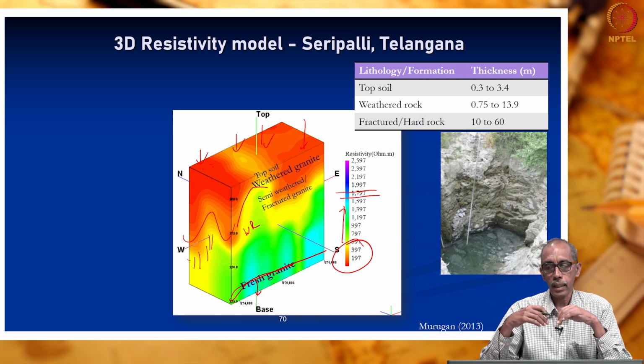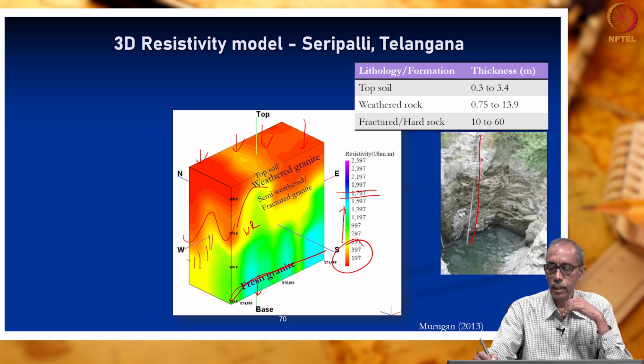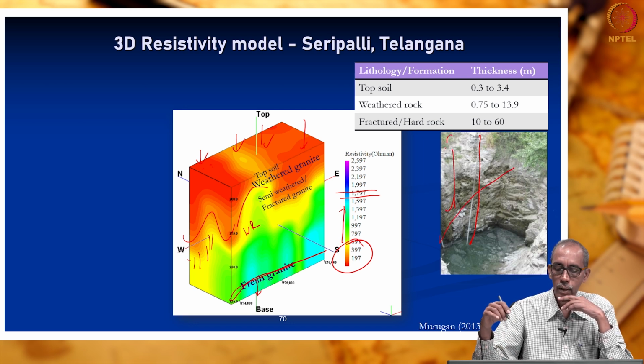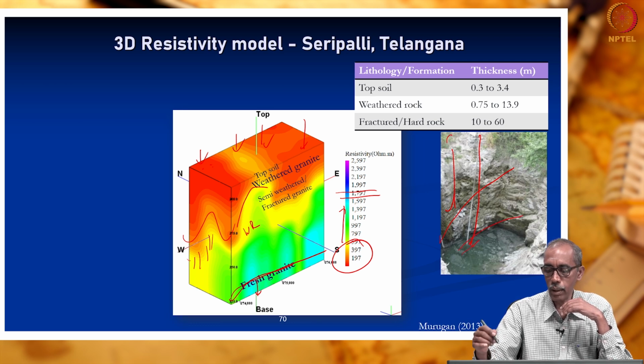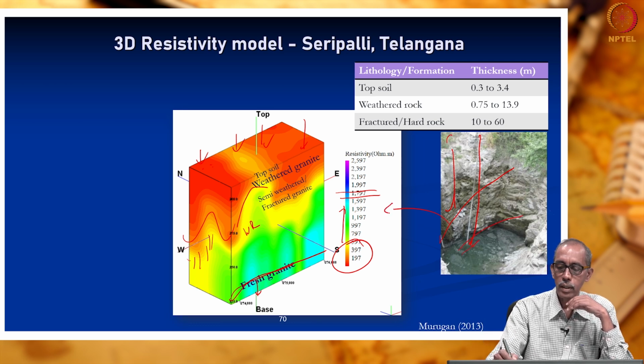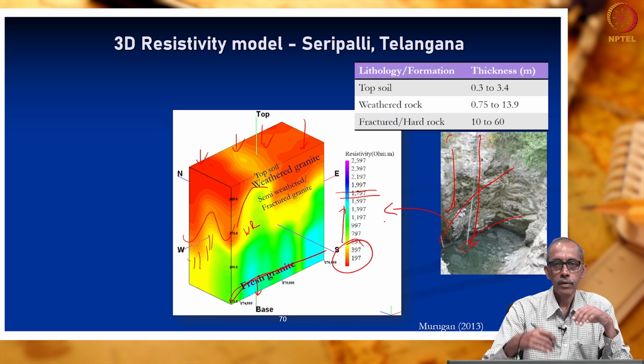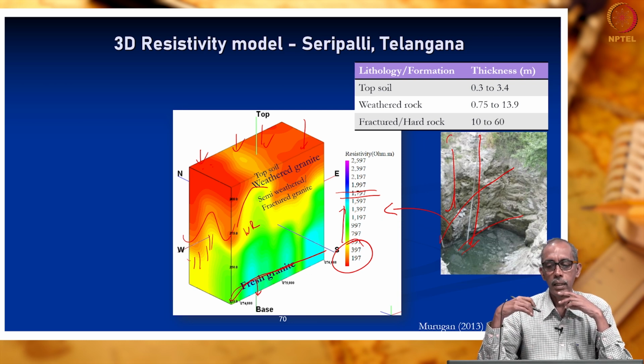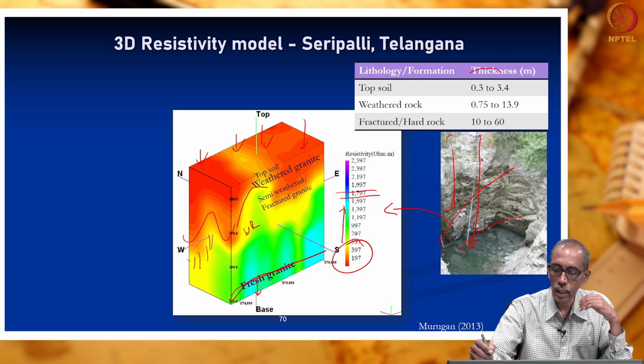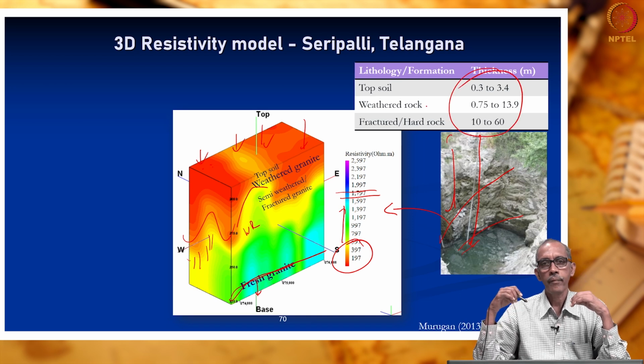When we do such an investigation, we also need to field verify whether our interpretation is reasonably correct. Then we measured the depth to the water table in an existing large diameter well. Here you can see the upper few meters are completely weathered, then we have moderately weathered rock, then we have the water table. So, we could compare this with the interpretation derived from the resistivity data, and arrive at the thicknesses of layers beneath this study site at different locations.